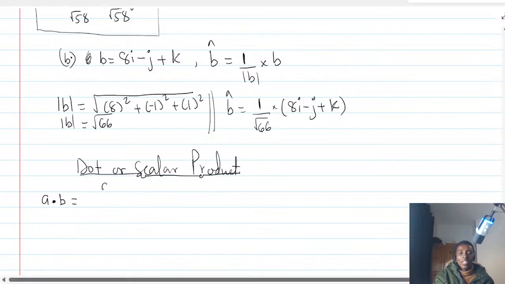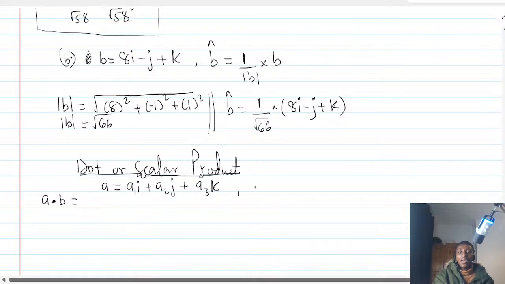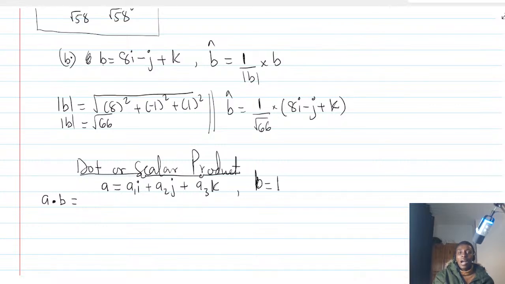So for instance, let's say A is given as A1i plus A2j plus A3k,